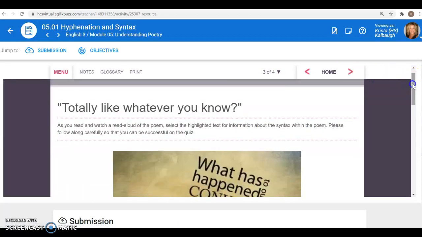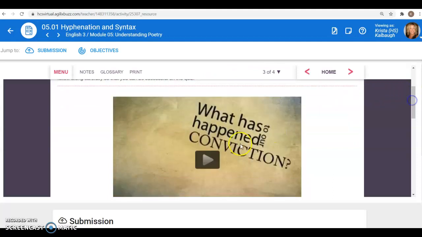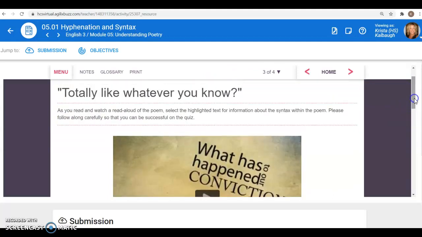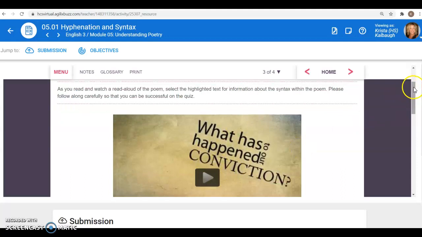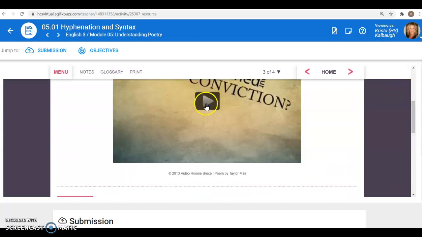So this is poking fun of something, but it does also have a serious meaning as well. Make sure that you click on this and have the poem read to you. Totally like whatever, you know. That's kind of how we talked in the 1980s. Showing my age here, but kind of like that Valley Girl that put likes and like in front of everything. So again, click on this. The poem is down here. But click on this